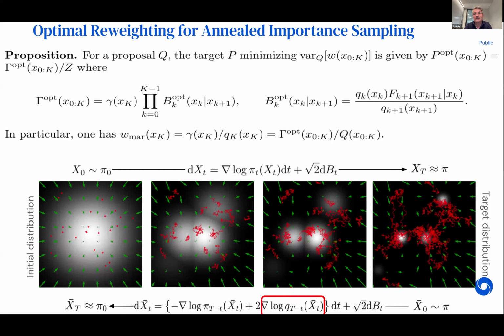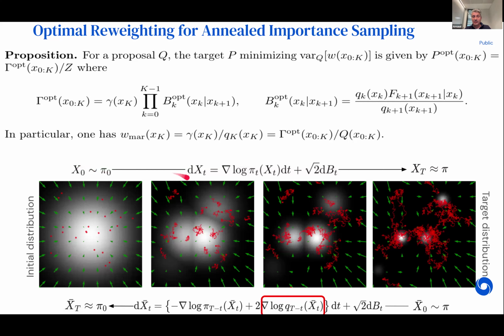Okay, so now we've done everything in discrete time to start with, but now let's move a bit to continuous time and try to see what the forward dynamic and this time reversal initialized at pi correspond to. Okay. I'm telling you the following thing now. So I'm going to consider a stochastic process, which is going to be a continuous time version of annealed importance sampling.